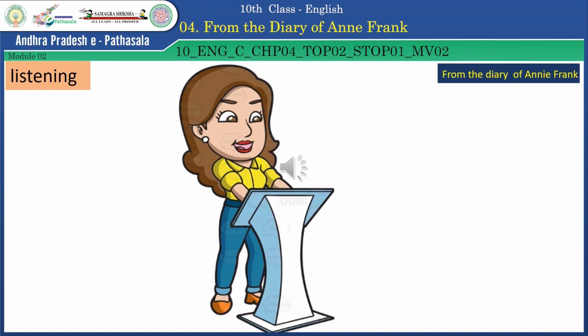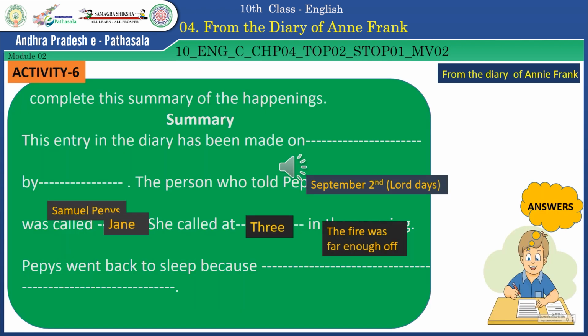Children, this passage was taken from the diary of Samuel Pepys. Now, children, get ready to do an oral assessment. Children, hope you understood the passage well. Now, complete the summary of the happenings. Here is your summary. This entry in the diary has been made on